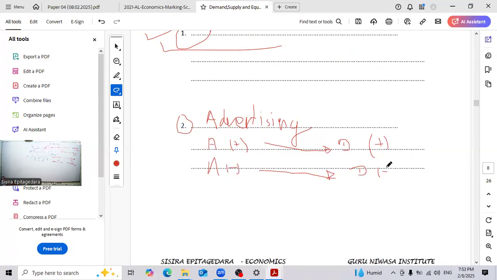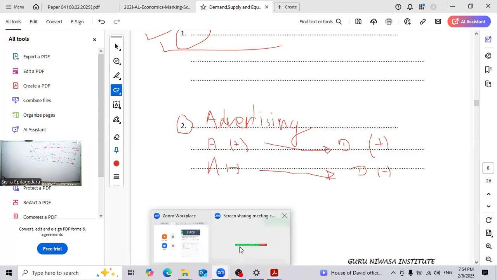Decreases. When demand decreases, what happens to the demand curve? Demand curve shifts left. Very good. Let's write it down. Second one is